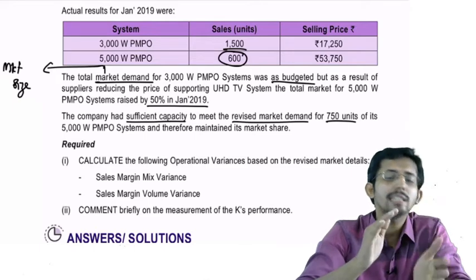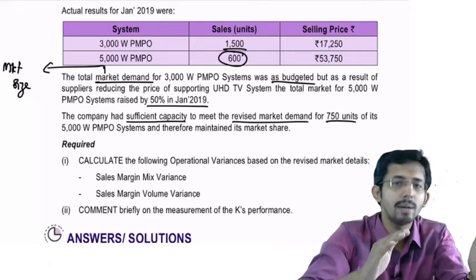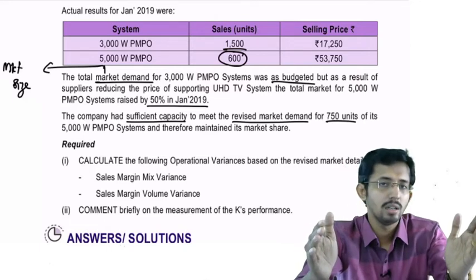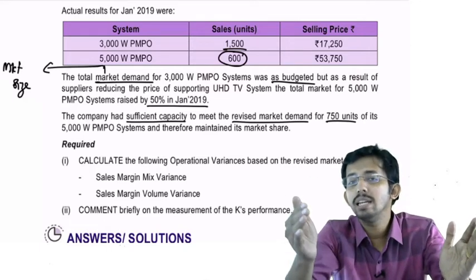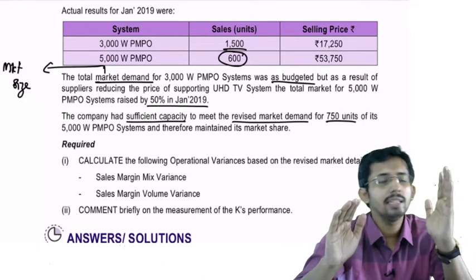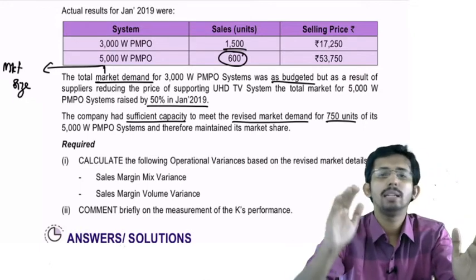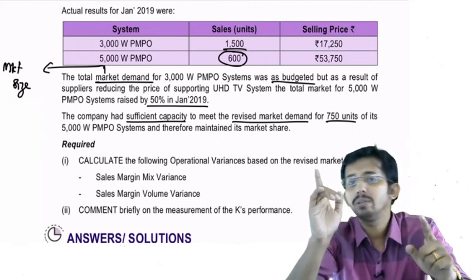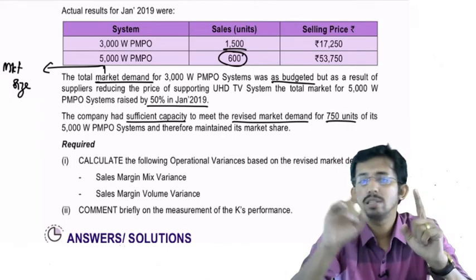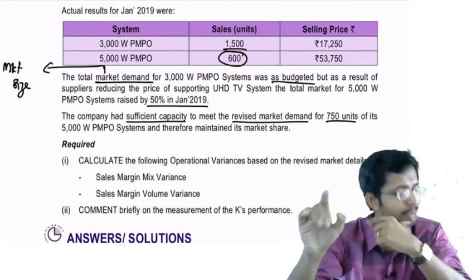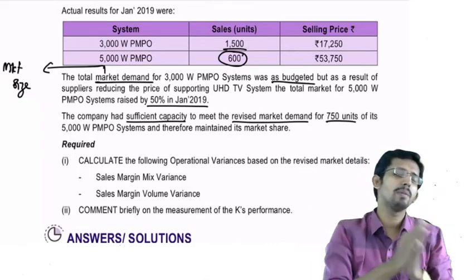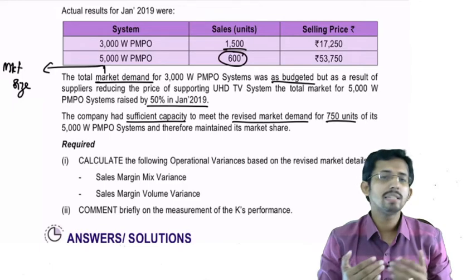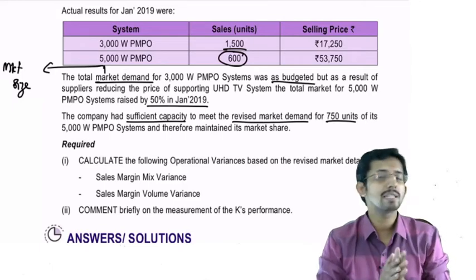Okay, so what is happening here is you have an original budget, and that original budget has to be revised when there is a drastic change in the market size. Okay, and the difference between the original budget and the revised budget is something which leads to what? Planning variance, and not anything which is leading to operational variance. We have already discussed the difference between planning variance and operational variance, so I am not going into those details.